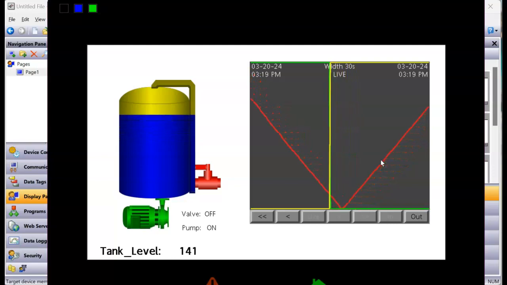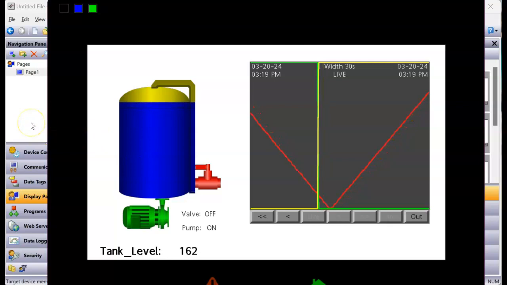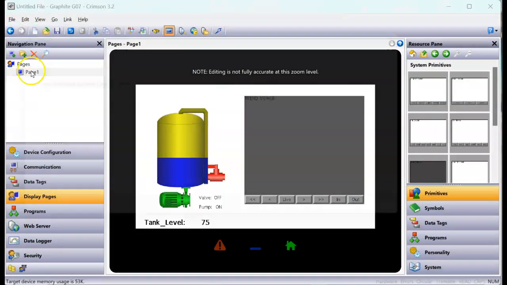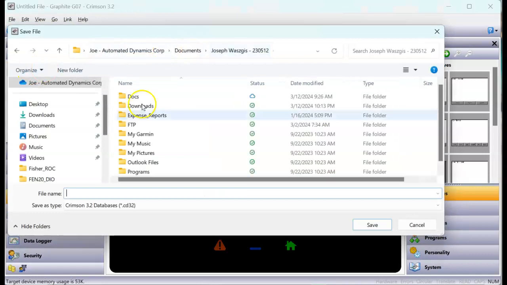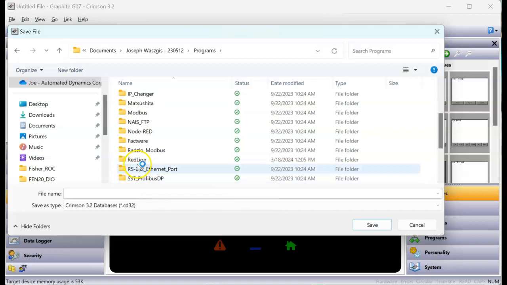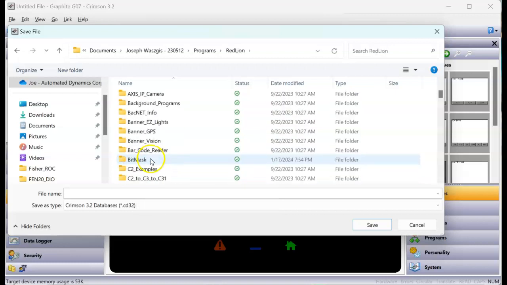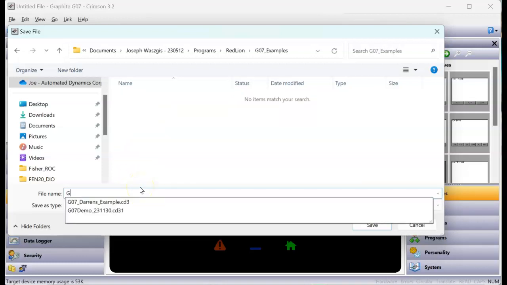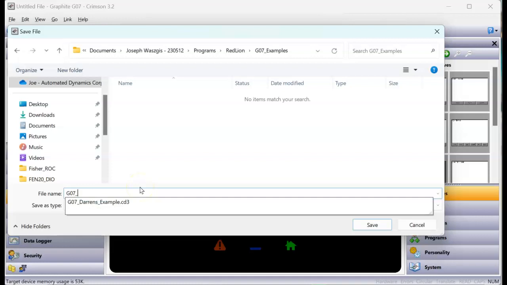Do me a favor, team. Go ahead and build this, and then I might make some other videos to build on this concept. Let me go ahead and save this. What should we call this in today's video? Let's see what we got here, team. Let's go put this somewhere we can find it for later. Well, this is a G07, so I'm going to put this in my G07 example, and let's call this our G07 emulator